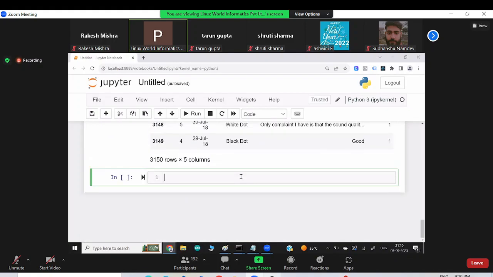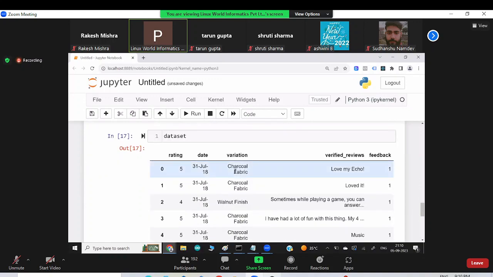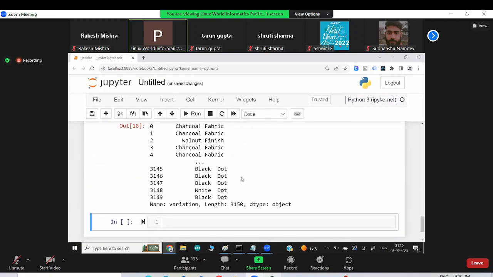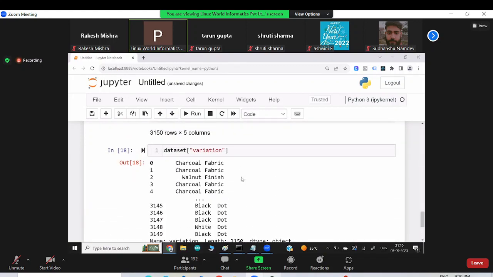Again, this is my data set. In this data set, if your requirement is to only retrieve the variance as a column name, then you can index and give the column name. That's all. So only this column will be printed separately, or the entire variance column will be printed. Variance here means the variants of the different Alexas. Now here, if you want to count